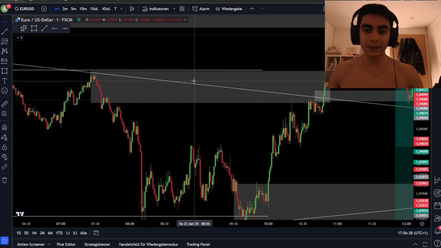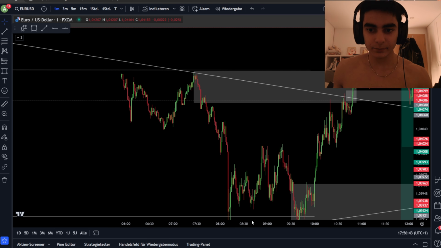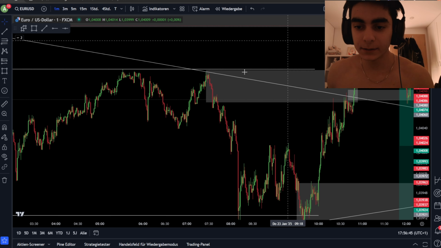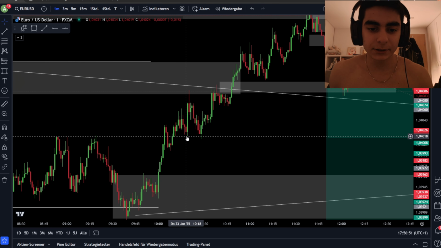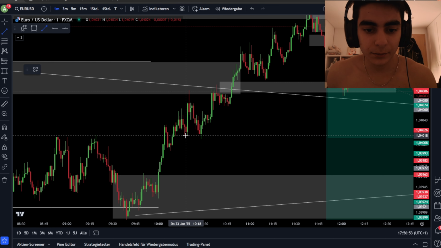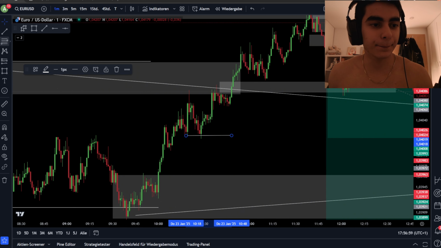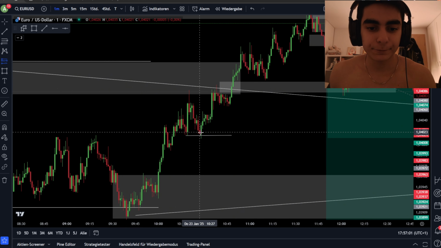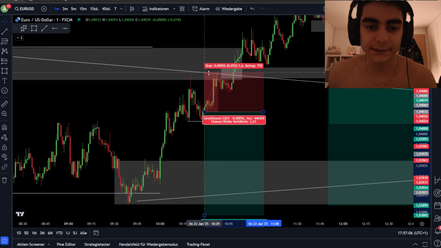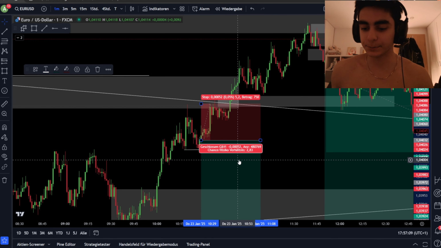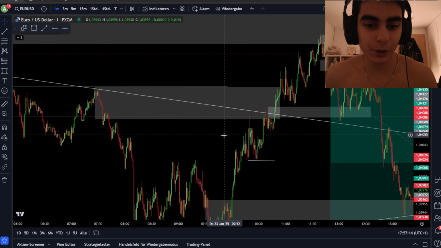I bet a lot of people would enter a short right here. They see, okay, this is the order block on a bearish trend line. We have a nice bearish reaction from this candle, it looks really bearish, and we can see it broke structure. So I bet a lot of traders would just place a short right here on this bearish structure, maybe place the stop loss on this high and then get stopped out. And I said, pay close attention, this is probably a trap,